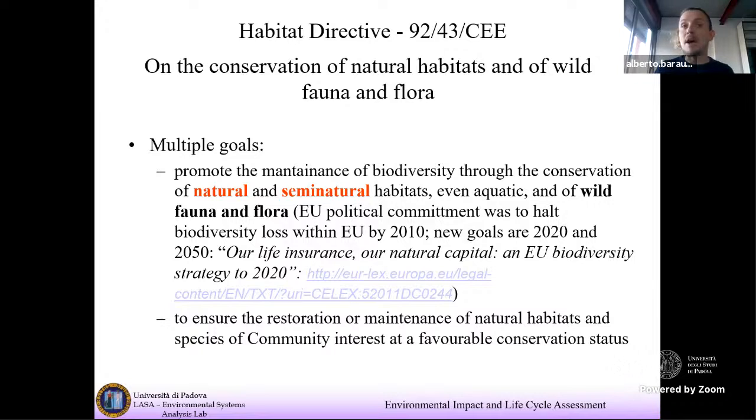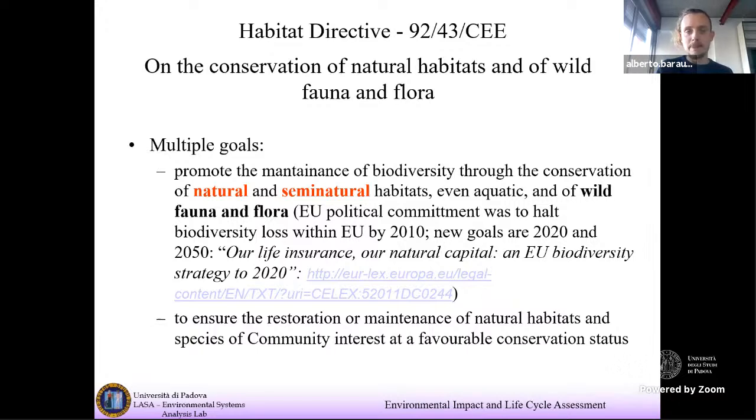Think, for example, of pastures, pascoli, in the Alps. Without cows eating the grass, and without men cutting the forests and shrubs around those pastures, sooner or later they would become forests. Those pastures, with all the biodiversity they host, would disappear without the action of men cutting the forest around them and preventing the forest from spreading over the pasture.